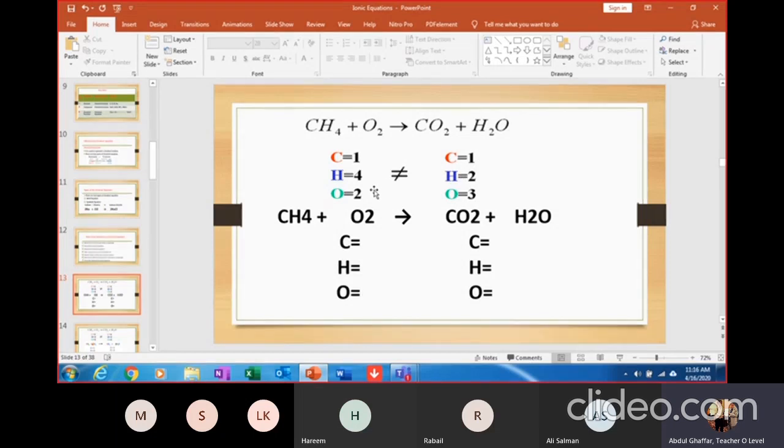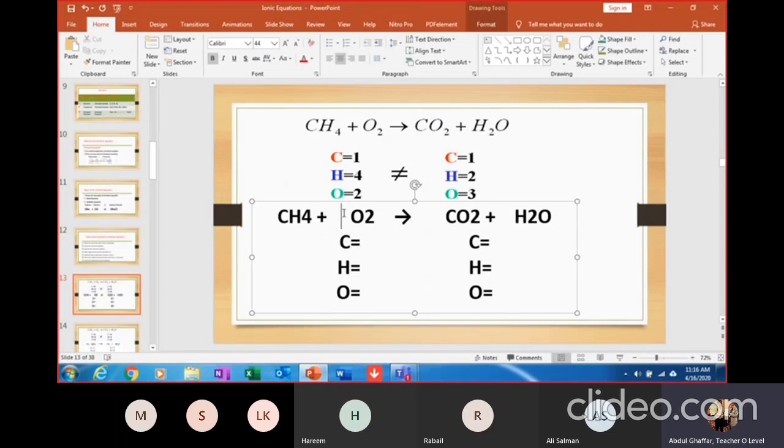Okay, then how to balance the chemical equation? Look here. Take a single element and balance it. Suppose carbon is 1 and carbon is 1, it's balanced, leave it. Now hydrogen is 4 and hydrogen here is 2, so we will place 2 here. Hydrogen will be 2 times 2, which is 4. Okay, and then oxygen is 2 here and on the other side 2 and 2, which is 4. Oxygen is 4 here, so we will write the 2 here, right? So now it is a completely balanced chemical equation.